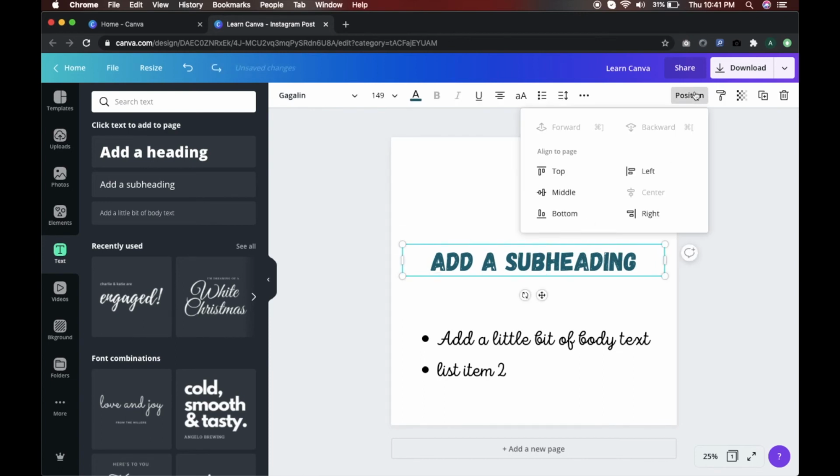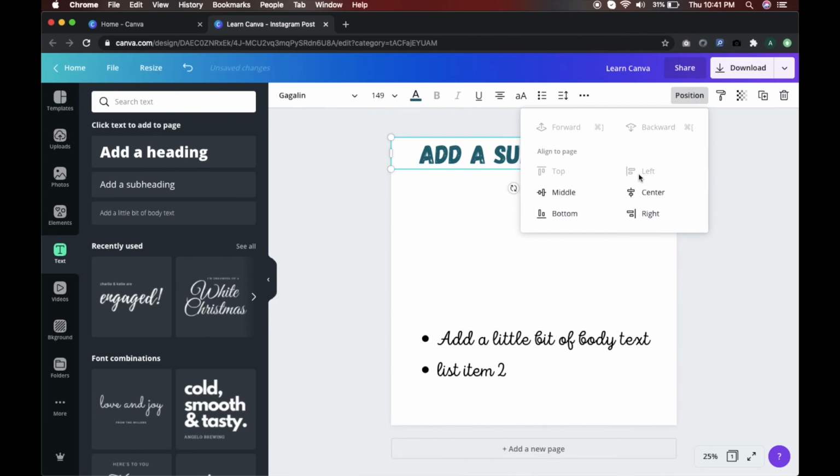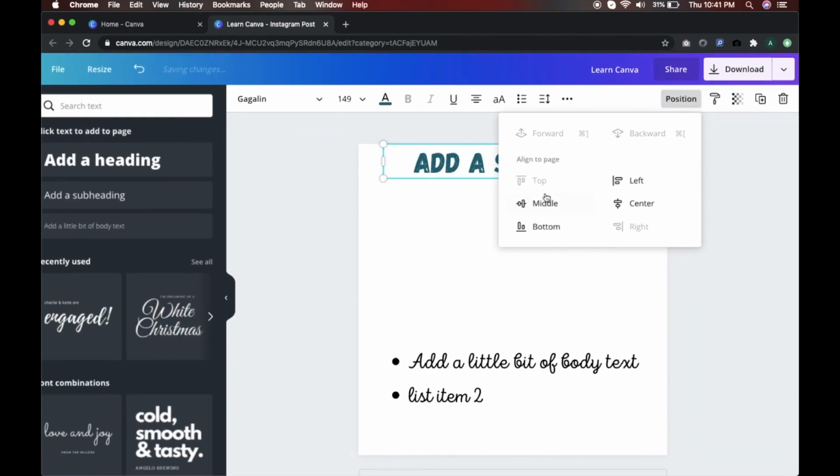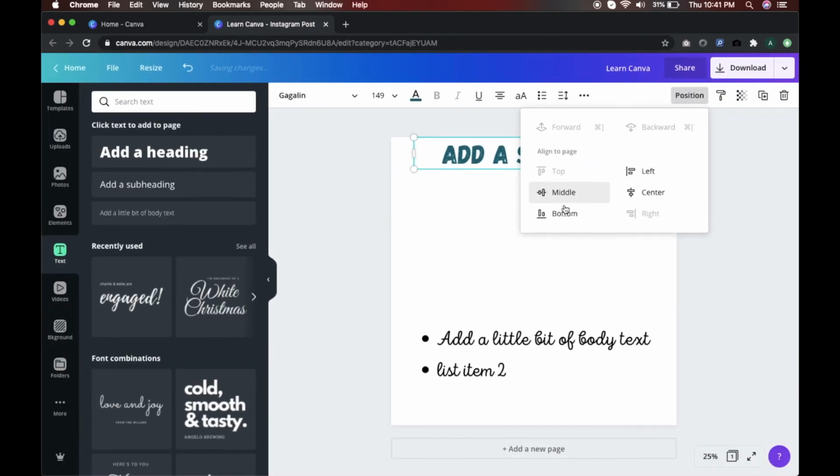Next, we have position elements. So positioning can be top and left, it can be top and center, can be top and right. So from the left hand side, you can see that the positioning is top, middle, bottom, left, center, right. So you need to select one of these and one of these as required. You want to make it top center, it will become top center. You want to make it top right, it will become top right. So as per this combination of selection that you make from over here, it will keep changing as required.